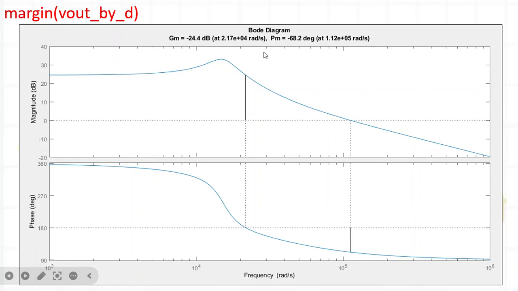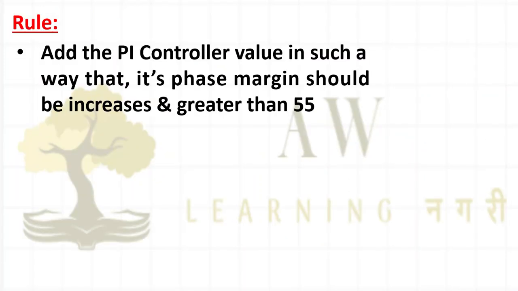So from minus 68 to my desired phase margin, you know what is my desired phase margin? Desired phase margin is basically greater than 55 degree. 55 to 70 degree is my desired phase margin, so I have to come up to that particular value, right? So what are the rules? Rules are same. Add the PI controller value in such a way that its phase margin should be increased and